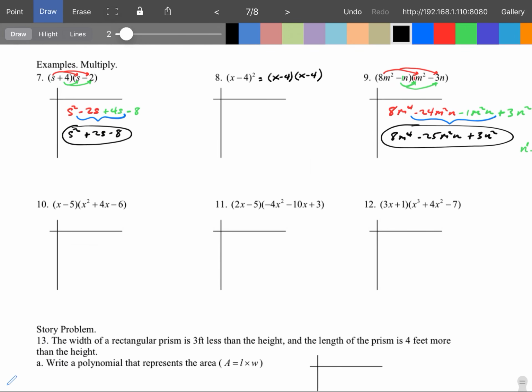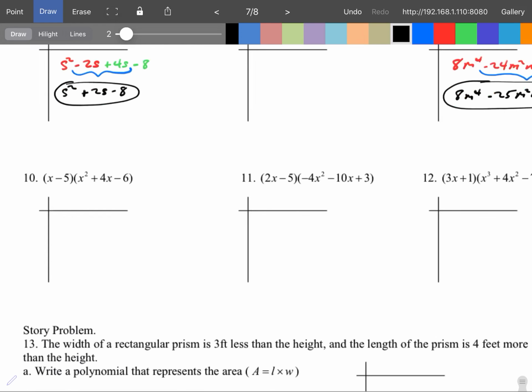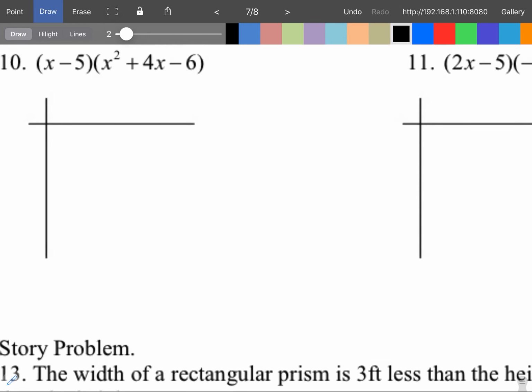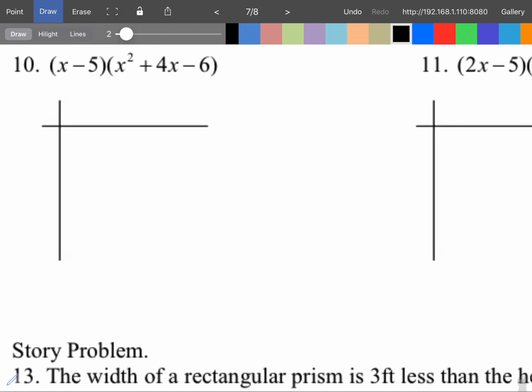Let's see what else we got on here. Let's see, I don't think we need to do all of these. Maybe like two more. Let's try number 10. So on 10,